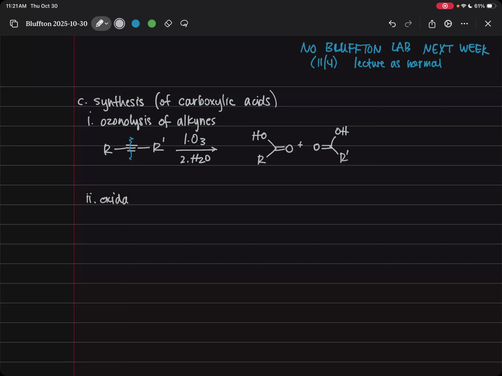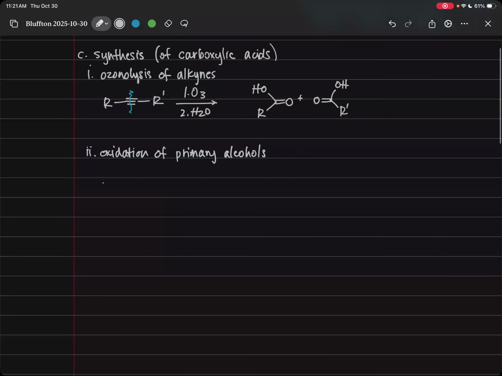The next one is a bit more clear-cut or obvious, and that is the oxidation of primary alcohols. Again, going back to the aldehyde and ketone stuff, we said that if we took a secondary alcohol and oxidized it with some specific oxidizing agents, we could make a ketone. And this is a very similar reaction. So we'll take some primary alcohol